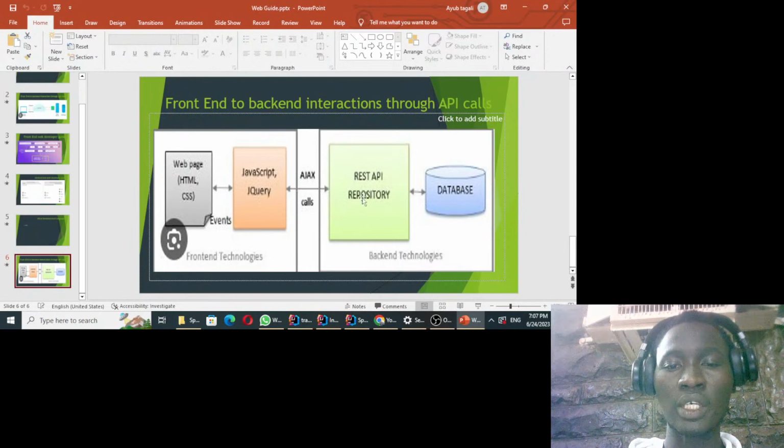So your backend application is going to receive that data, and then maybe validate if it is correct. And then after that, it is going to add it to the database table, which is called users, for example. And then it is going to send back a response to the client, telling the client that yes, I have received your data, I have processed it successfully, and I have added it to the database.